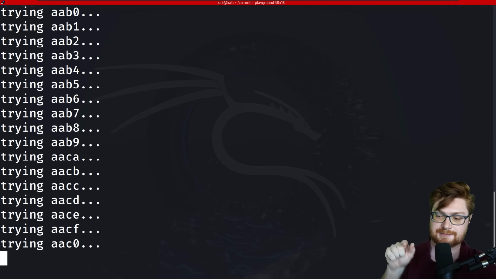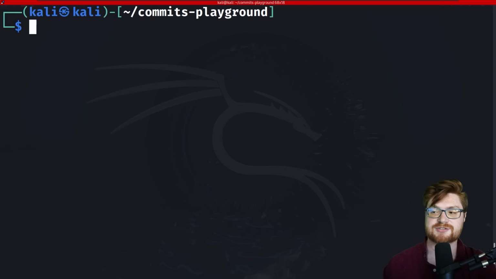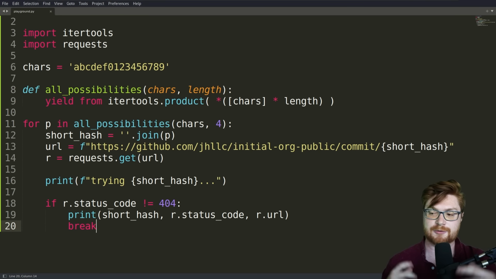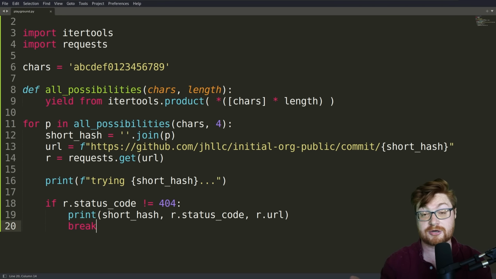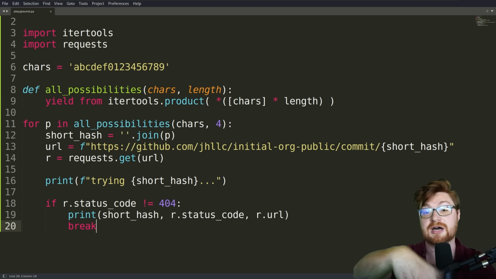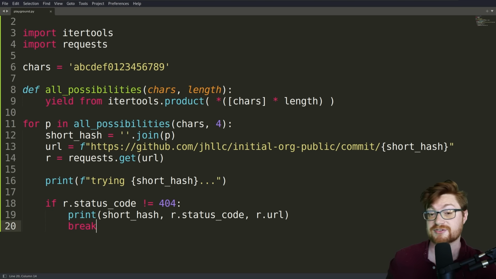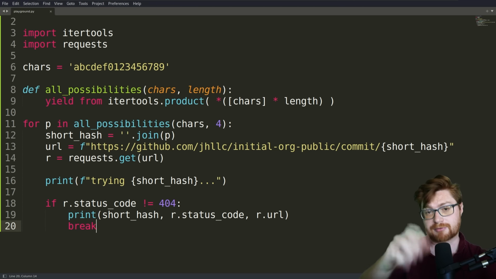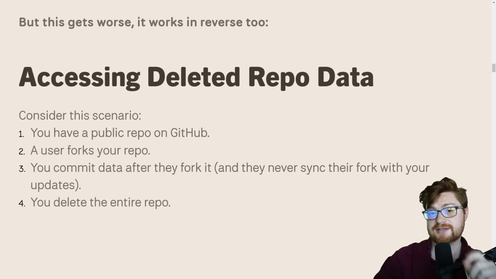So I'm going to stop this, and we can think on, hey, just for the proof of concept's sake, how can we make this smarter or stronger and faster for us? Before we do, though, I do want to showcase some of the other sweet stuff that could come from this attack surface, like finding the deleted repositories, or at least the data and commits that would have been present in that repository. That is this scenario.